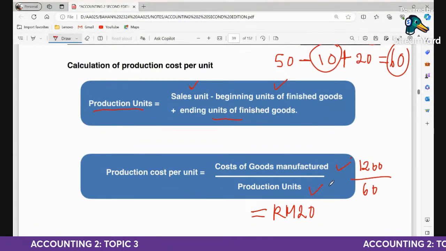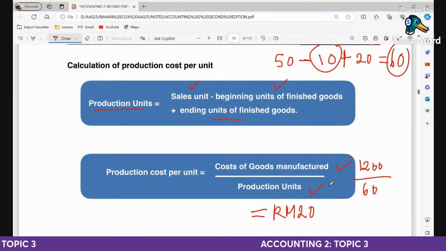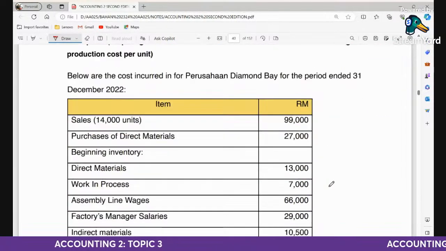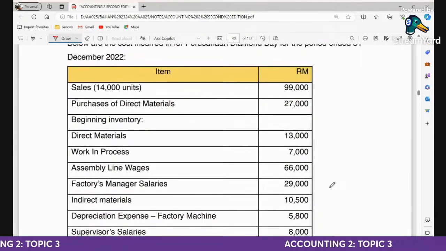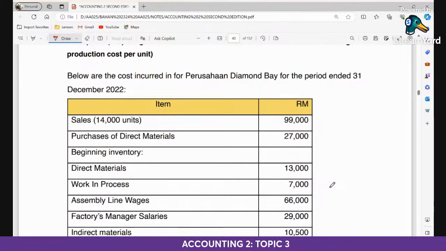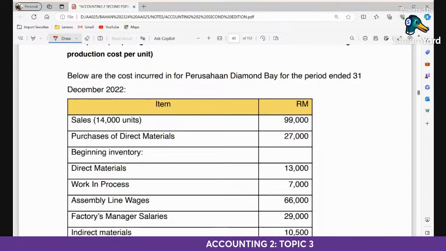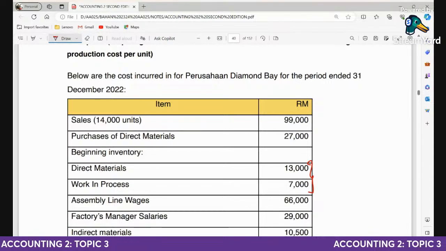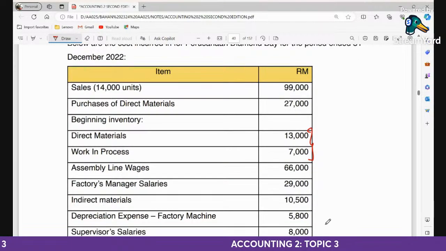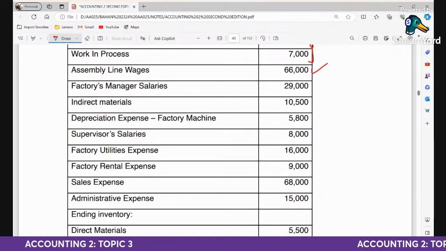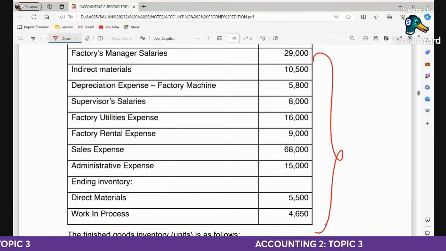Okay, we go straight to preparing the statement of cost of good manufactured and also calculating the cost per unit. Okay, so dalam soalan ni kalau you tengok, dia bagi anda sales, okay, dalam unit dan juga dalam RM. Okay, lepas tu you ada purchases of direct materials and then you have beginning inventory. Okay, beginning inventory ni dia bagi dua-dua ni, which is your direct material inventory and also your work in process inventory. And then your direct labor, which is your assembly line wages. Lepas tu dia ada bagi a few items di bawah ni. Okay, yang ni kena